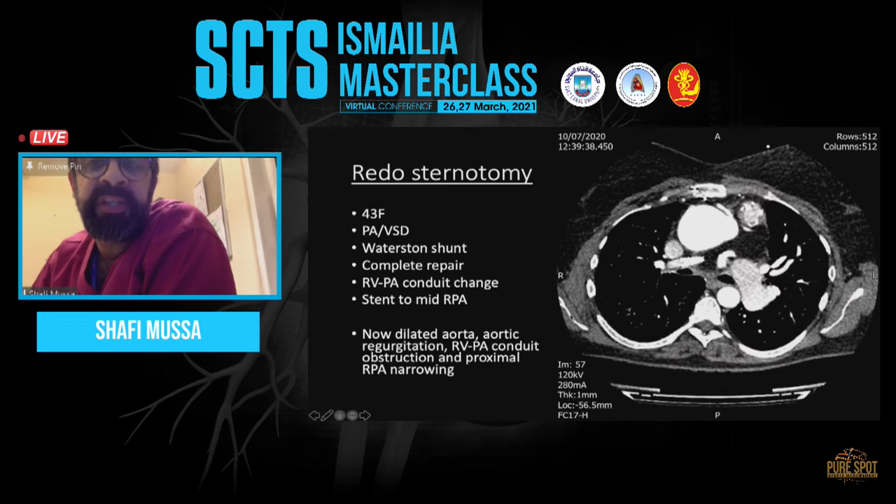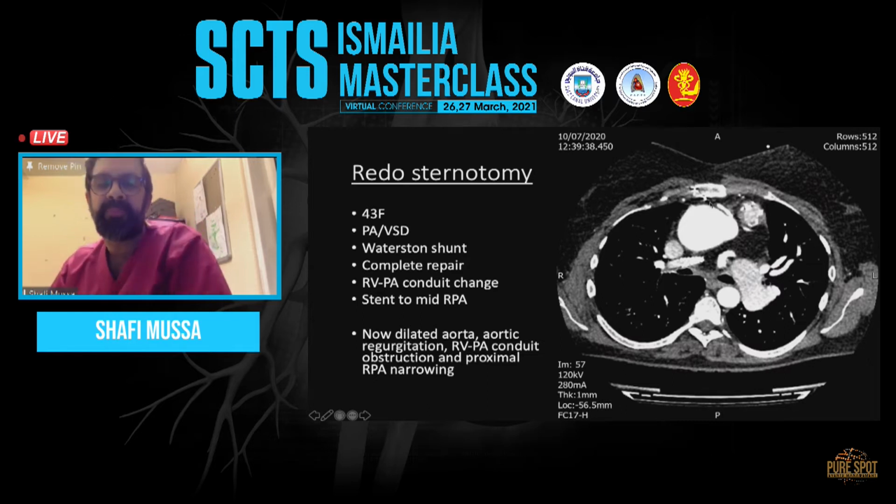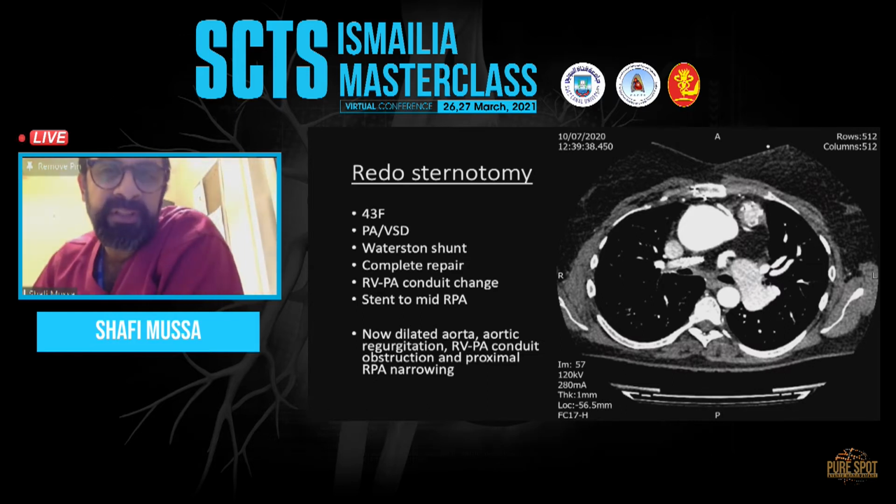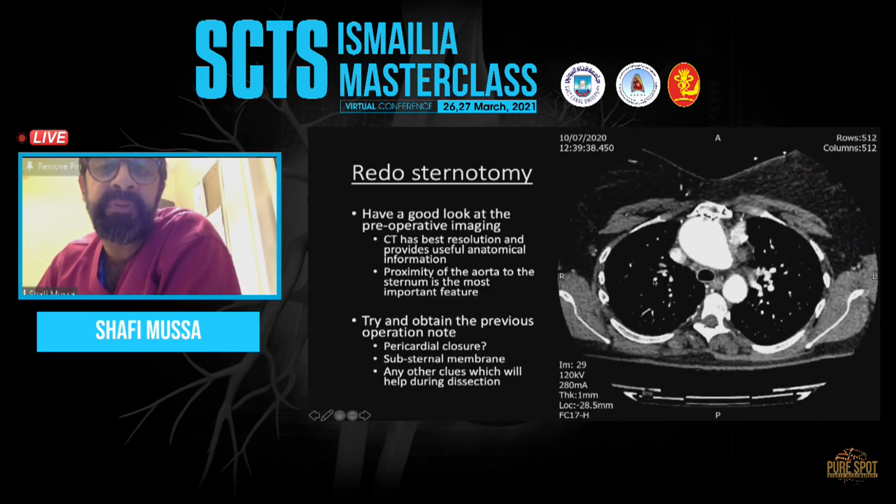So you'll see on the CT scan that the aorta is very, very close to the back of the sternum. There's the sternum there. There's that dilated aorta, very, very close. But it's important to really look at the images very carefully, because as you pan up and down, and I've given you another snapshot here on the right-hand side of the screen, you can see that one of the sternal wires is very close to the ascending aorta, just as it becomes the aortic